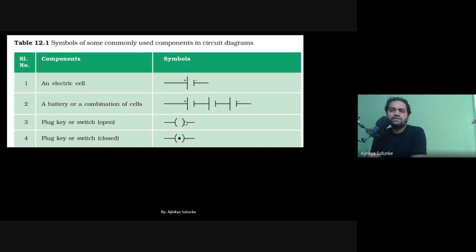For example, we have a TV. If you want to show a TV, can't we just draw a TV? Can't we just draw a fridge? Obviously you can. You can draw a TV, a fridge, your PC, laptop, whatever you want. But the question is, how much time is it going to take? It will take a lot of time to draw a TV with all the features and the screen each time.